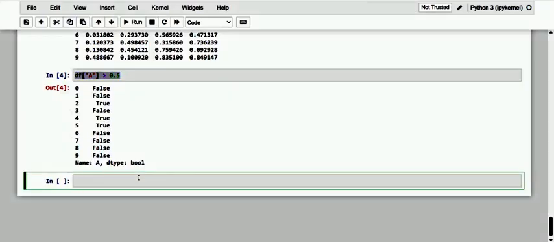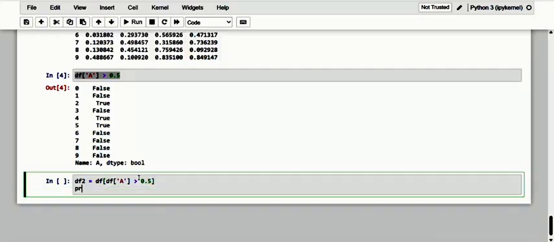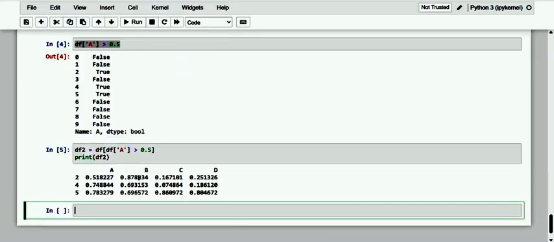And now I want to make this one data frame. So see here, this is the data frame I want to create with this condition. So with this condition, I'm creating the second data frame. See here, dear friends, this is how you make the filtering.